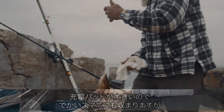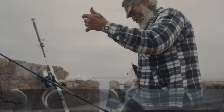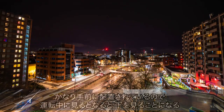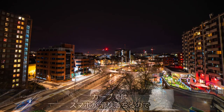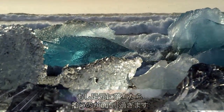While the wireless charging pad is nice and big, so it can accommodate even weird shaped phones, there's a bit of a problem that it leaves your phone clearly on display like that, so if you get a WhatsApp you might end up getting distracted by it. Even worse, when you go around a corner, there's a chance your phone may slip out of the holder and end up rolling around the footwell,